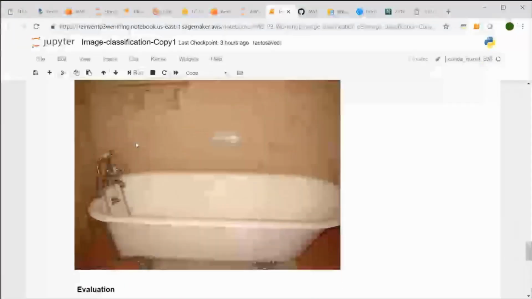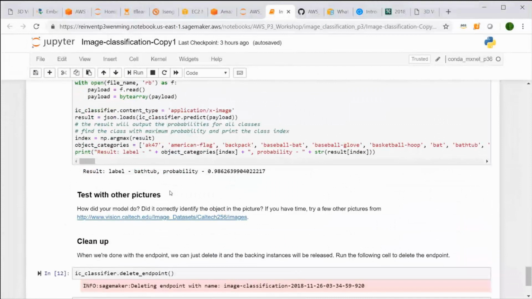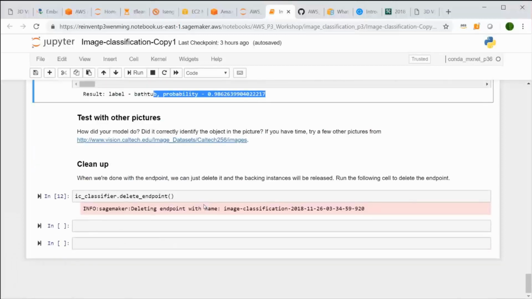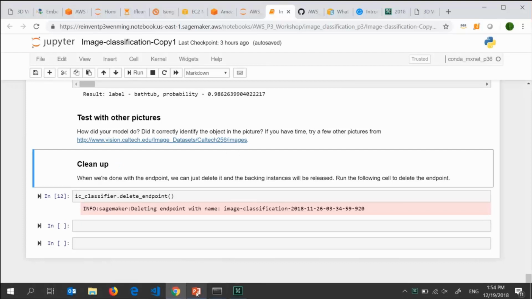In this case, I'm looking at a bathtub, and the code tells me that I have a probability of 98% or 99% that this is a bathtub, right? So the classifier is running correctly. As you can see, this is much simpler if you use one of the built-in algorithms of SageMaker instead of having to write a lot of this on your own.